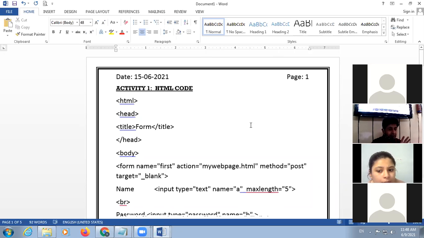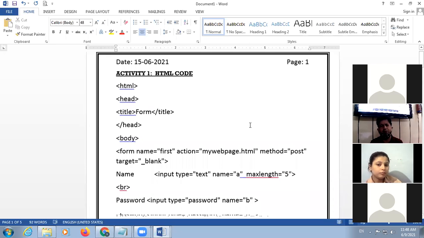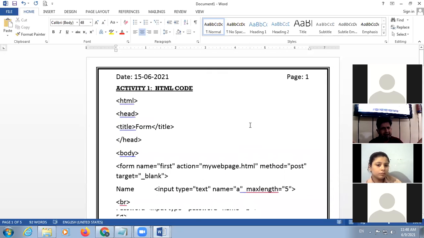Remember one thing: if your pages are portrait, your title will also be portrait. If your pages are in landscape, your front page must be in landscape. So follow the same sequence. You can use the writer or MS Word or any software. This is your choice. Raghav, clear? Yes, sir.